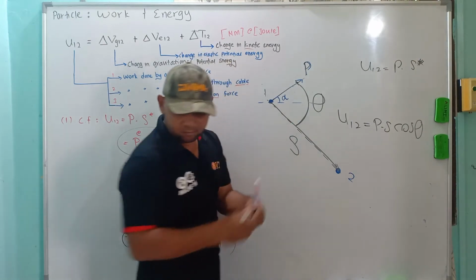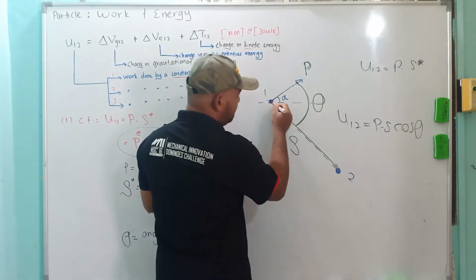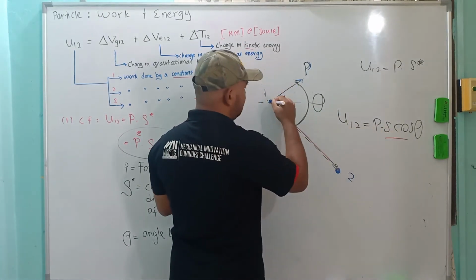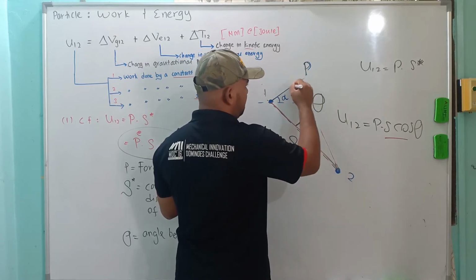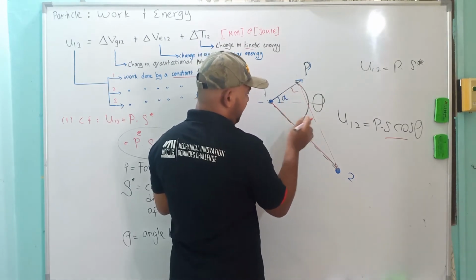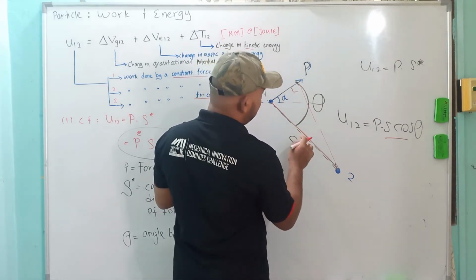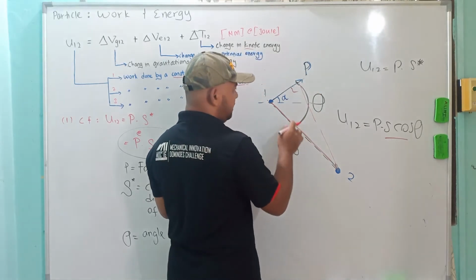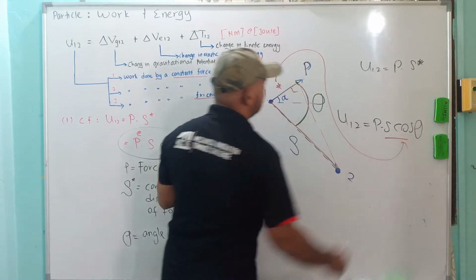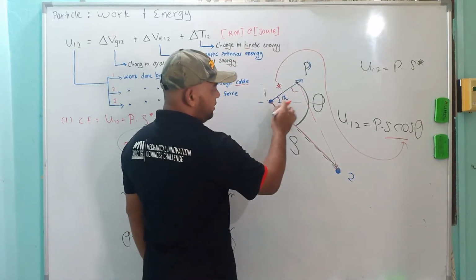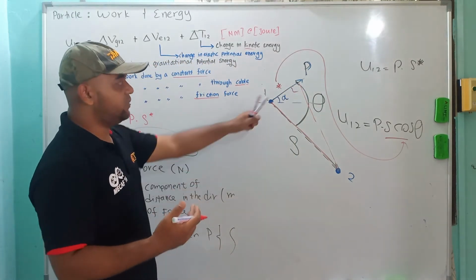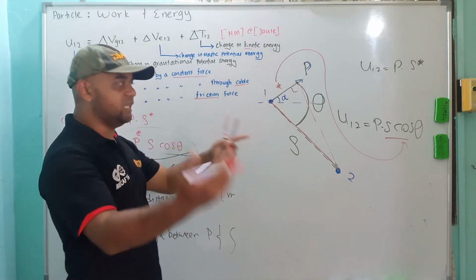So actually it will come back to the same as before, because if you notice, this is the S. If you take S cos theta, this is 90 degrees, this is theta. So S cos theta comes back to this one. This is S cos theta, and this is S sin theta here. So it will come back to the same thing as we calculated before.